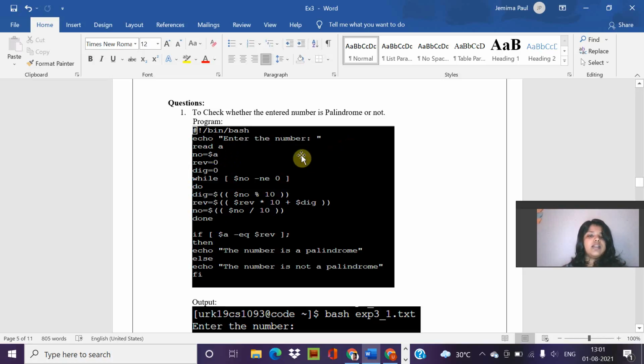First we have to enter the digit, and that will be read into the variable called A, and we are saving $A, the variable, into a variable called no, and then we are giving reverse is equal to 0 and digit is equal to 0, and using a while loop we are giving $no -ne 0. Then